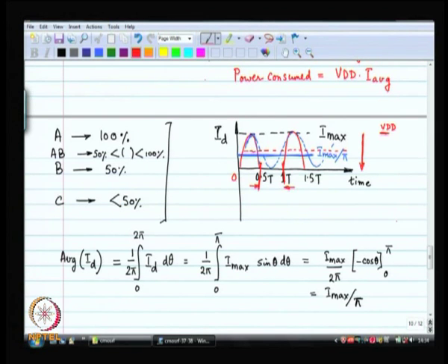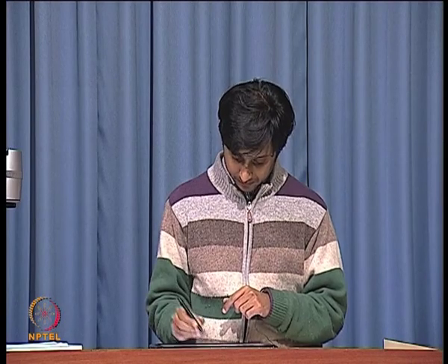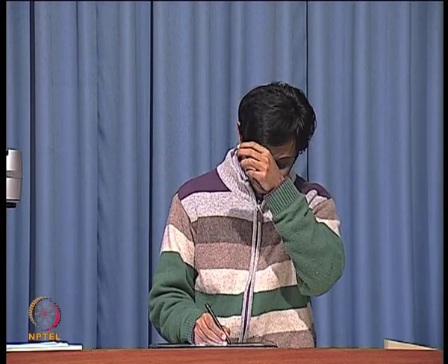You understand what I am trying to say? If I max times R is VDD, then at this point of time, when the current is the largest, the voltage over here will be the smallest,